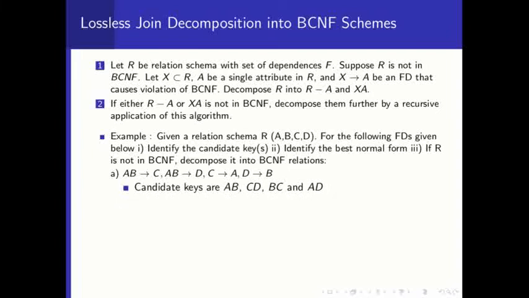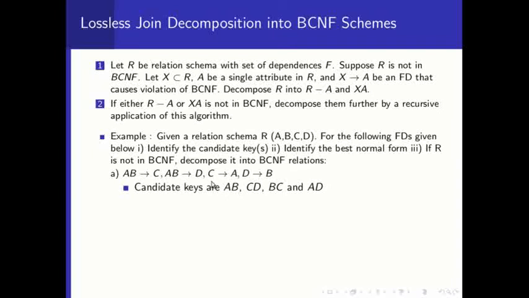Now, what is the normal form of the relation? Let us take AB as the key. With AB as the key, these two FDs are not violating because the left side is the key itself. Therefore, these two FDs are no problem. What about C determines A? A, the right hand side, is a part of the key. Similarly, in this FD, B, the right hand side, is a part of the key. So this does not violate the normal form conditions. That means there is no transitive dependency. That is why this relation schema is in third normal form but not in BCNF because of C determines A.